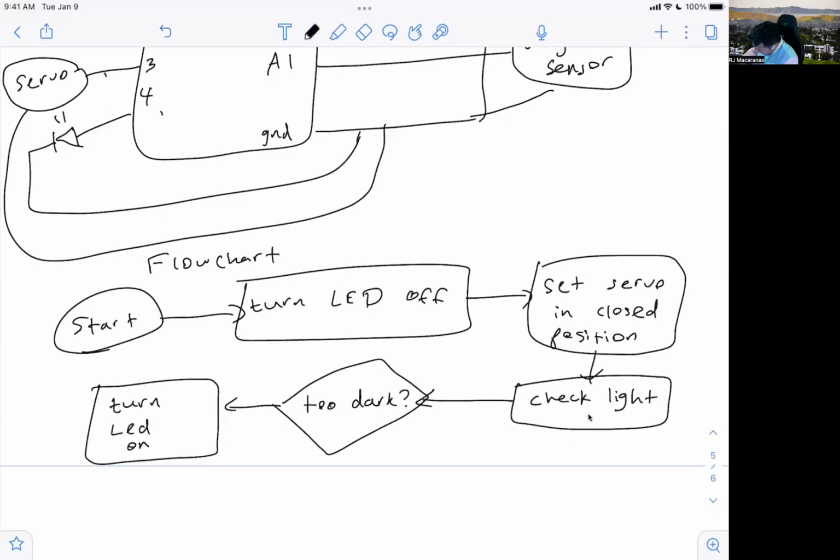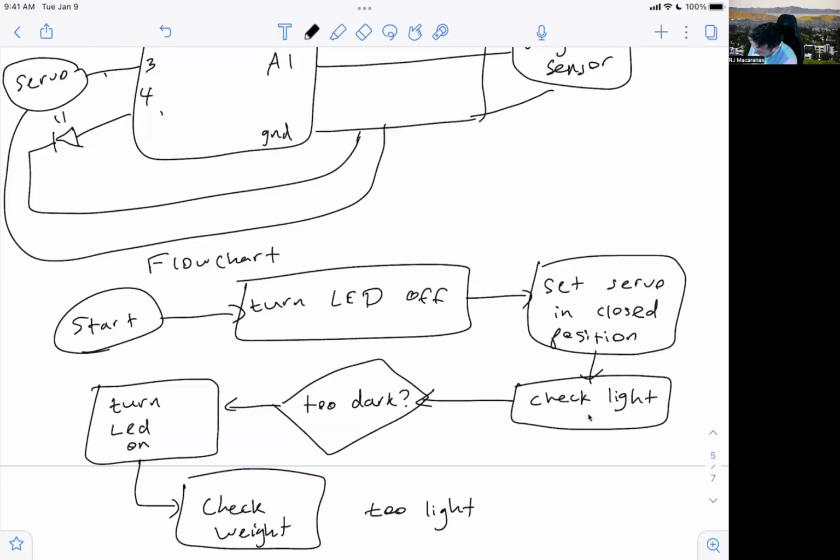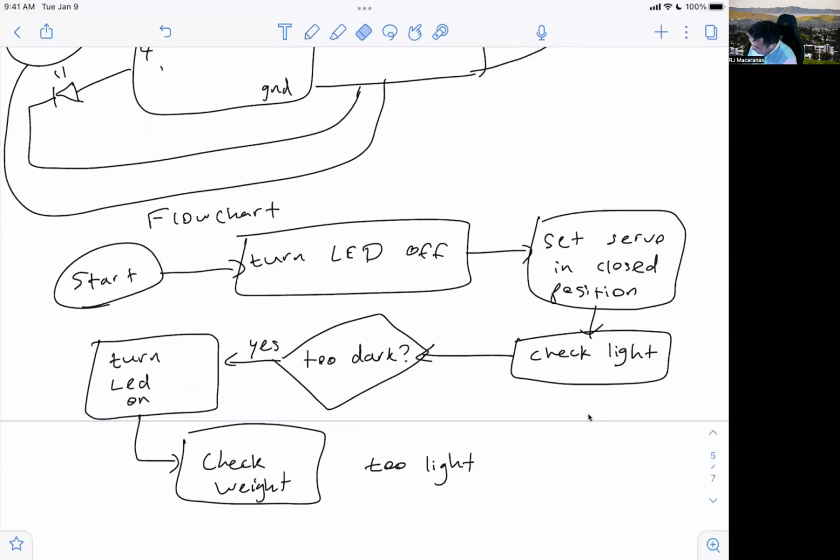Process. And then we check weight. Process. Is it too light? So if it is too dark, we turn on the light. Well, if the weight is too light,